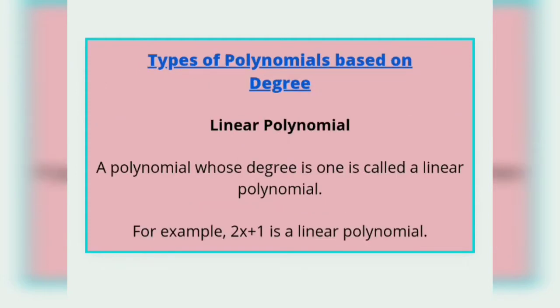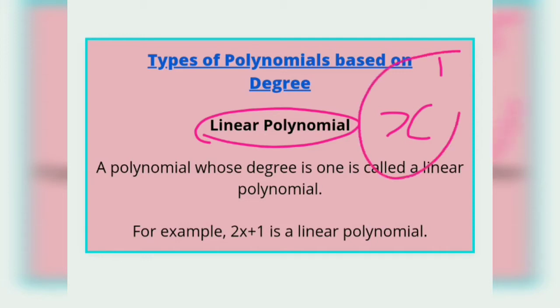Now we have types of polynomials based on the degree. Degree means the power the variable has. If the variable has a power of 2, or x raised to power 1, or x raised to power 3, on the basis of that also we have polynomials. First we have linear polynomial. Linear means 1. So when a polynomial's highest degree is 1, that means that